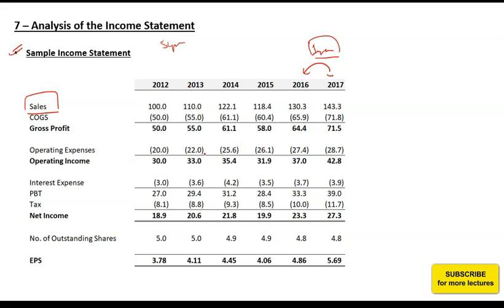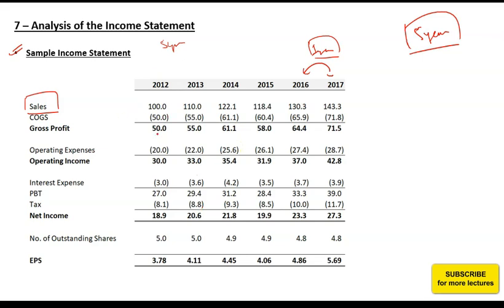Usually when we are doing this kind of analysis, we take a 5 year period, because it is assumed that a business cycle gets completed in almost 5 years. So it is assumed that any uncertainties with respect to the economic cycle or business cycles would get covered within this 5 year period. So this period is assumed to be a stable or sustainable period.